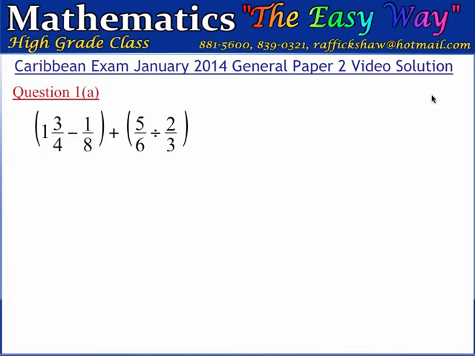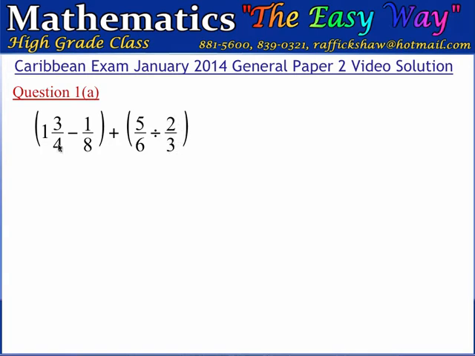In question 1A, we're given this expression and we're asked to find the exact value of this expression. Now what we have here are two bracketed terms that are being added, and we see we have fractions here. So what we want to recognize is that this is a mixed number, right? And we are subtracting this proper fraction in this bracket, and in this second bracket we are dividing a fraction by another fraction. And we have to remember that when we divide a fraction, we multiply by the reciprocal of